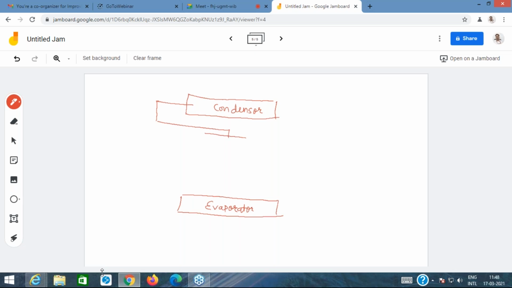I can put a heat exchanger over here, which is a liquid vapor heat exchanger. Now, what is being exchanged here? Let me complete the diagram and you would understand. So what is happening is